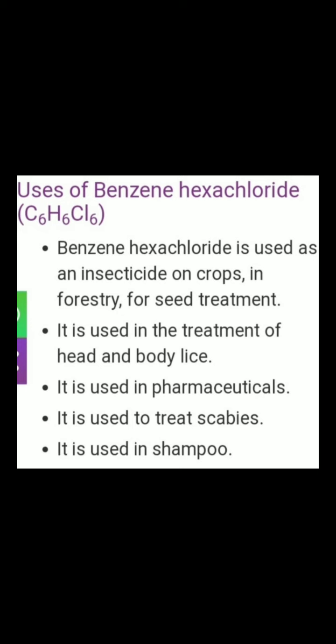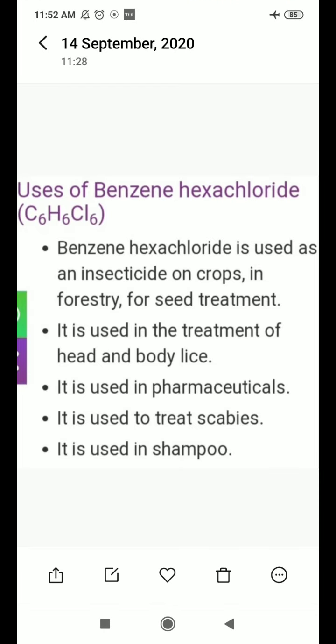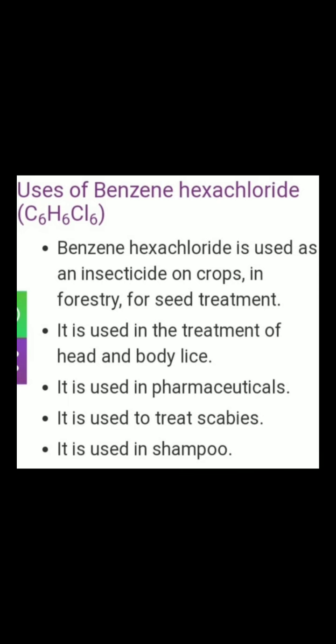What are the different uses? Before I tell you, you might know the basic use, or generally you heard about the use of this BHC from your childhood. The first one is used as an insecticide for agriculture or your crops, and the second one is to kill the lice in the hairs or body. This is the main use, or you might have heard these both uses from your childhood.